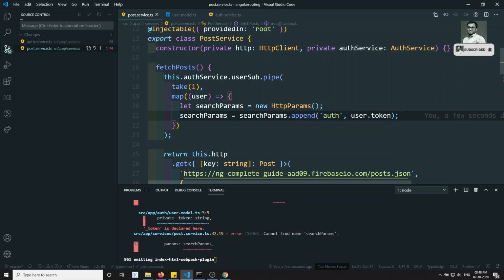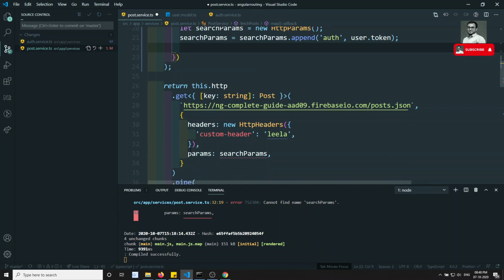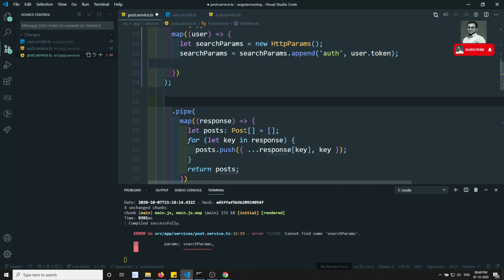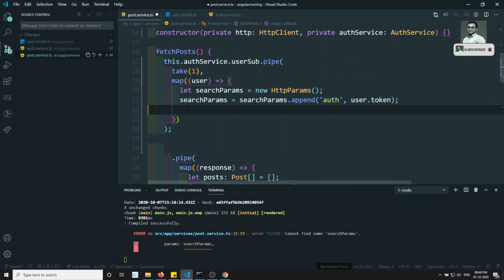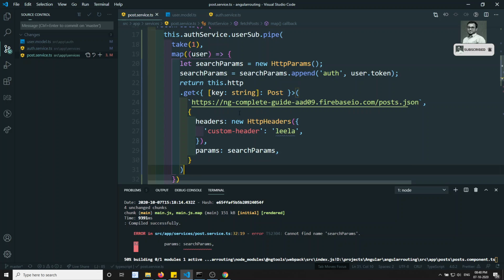So the params we have appended, and now I need to take this HTTP request. This is the HTTP request, and we are sending all this data.